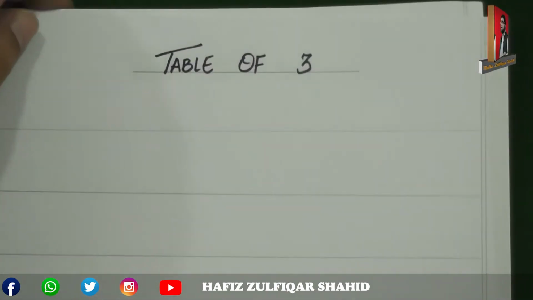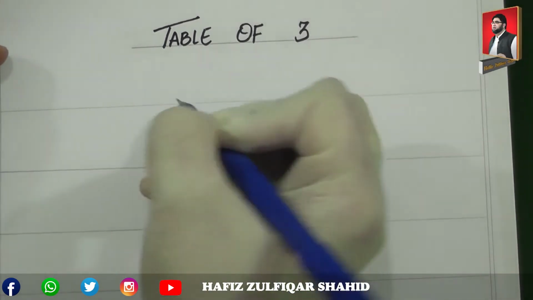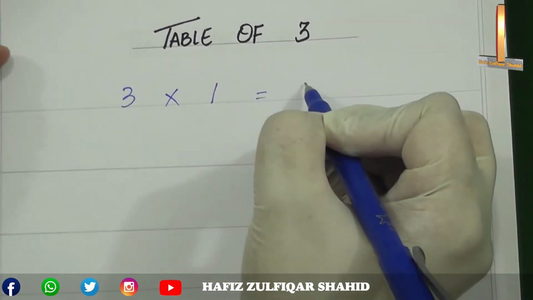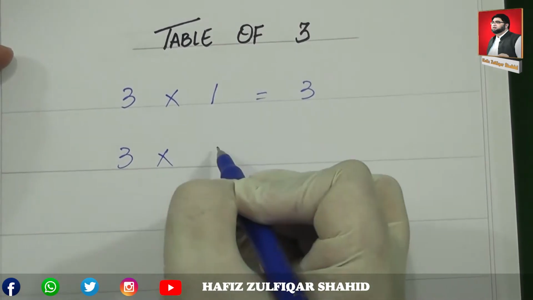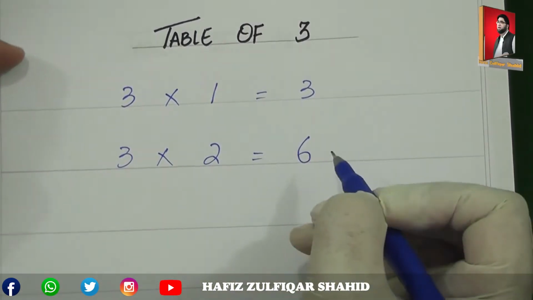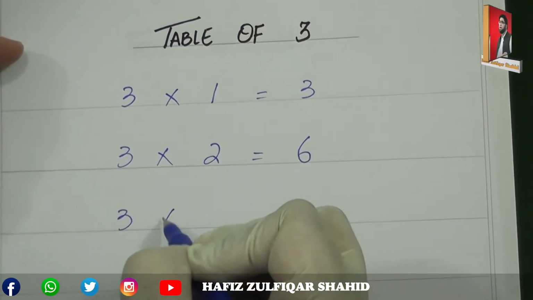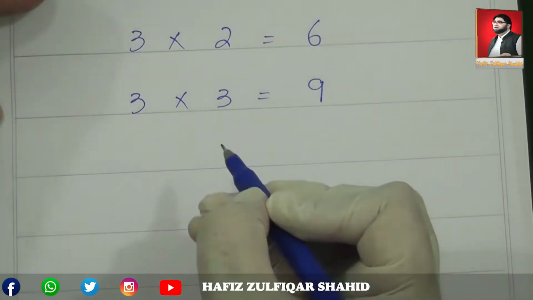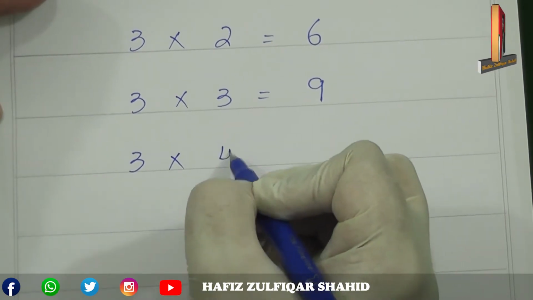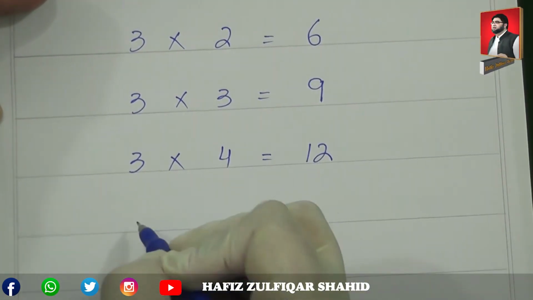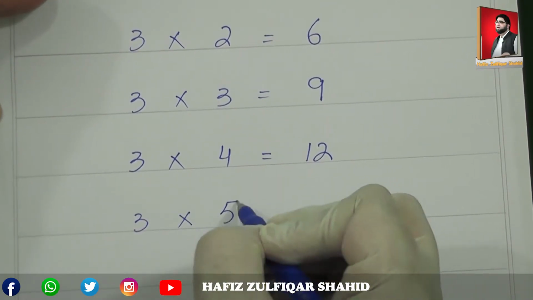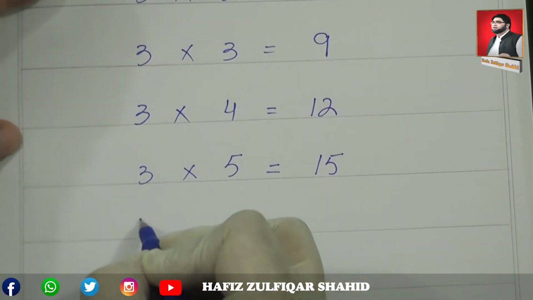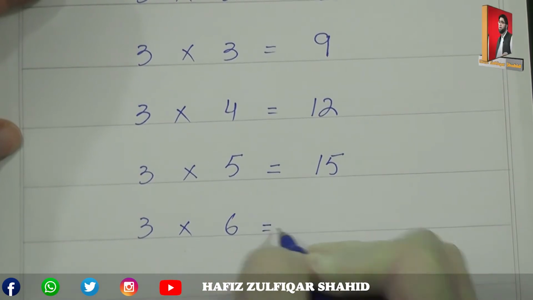टेबल ऑफ 3. 3 ones are 3, 3 twos are 6, 3 threes are 9, 3 fours are 12, 3 fives are 15, 3 six are 18,